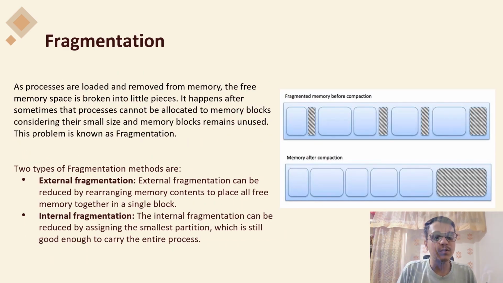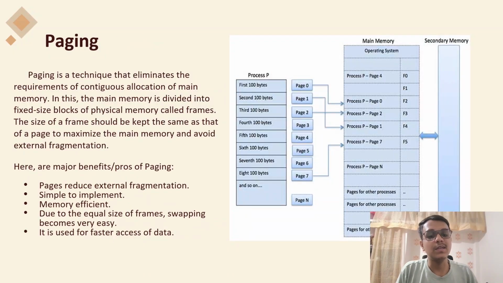Next up is a common issue in memory management, which is fragmentation. There are two types of fragmentation: external fragmentation and internal fragmentation. External fragmentation is when free memory is broken into small non-contiguous pieces, and internal fragmentation refers to allocated memory that contains unused space. External fragmentation can be minimized by compacting memory. Internal fragmentation is reduced by using best size partitions. One solution to the fragmentation problem is